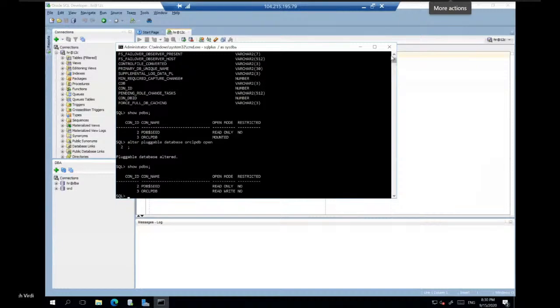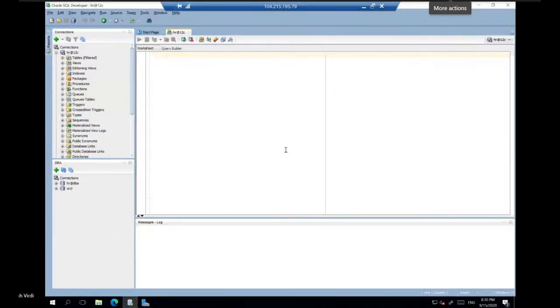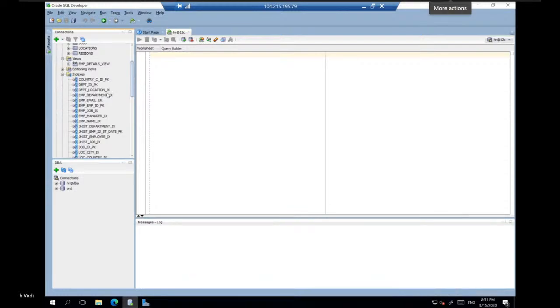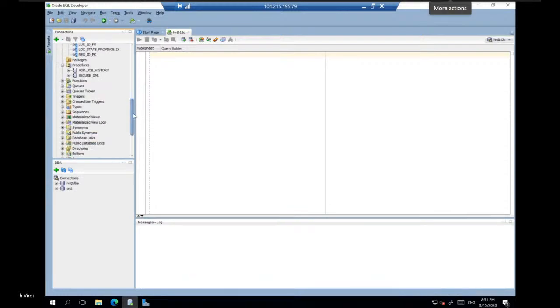Yeah, I think because my VM was shut down, the pluggable databases, whenever Oracle starts, are not open, right? They are in mounted state only. Anyways, we have the database here. And I am taking the HR as a sample schema to migrate off. You will see the different tables and views that are available for us. Then there are procedures. I don't think there are packages installed here, but then there are indexes and all these things that are available, right?